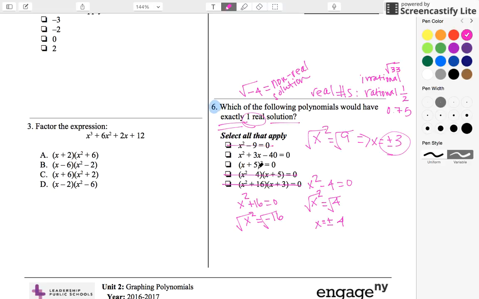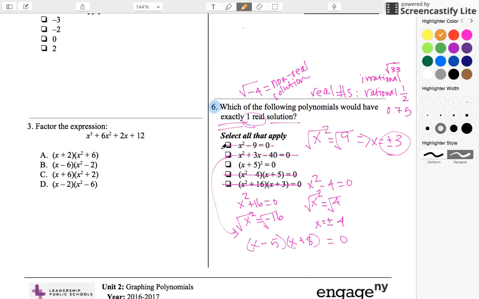Now, this last one, x squared plus 3x minus 40. Well, that one's not nice. We have to actually factor that one out. And we'll get x and x. What two numbers multiply to give you -40 but add to give you 3? Well, 8 times 5 will give me 40. And so I want it to be positive, so this is going to be positive and this is going to be negative. Well, I know that these are going to give me two different solutions, so that can't work out either. So my only option is